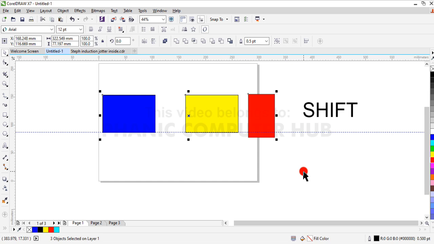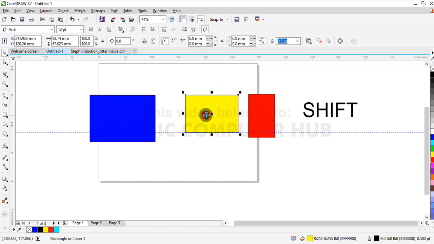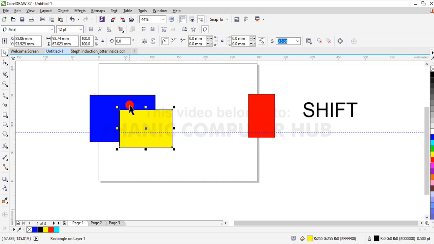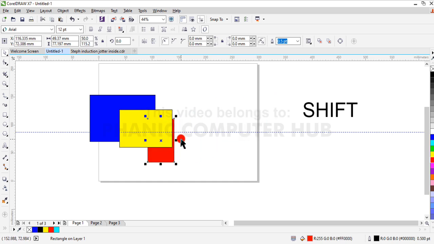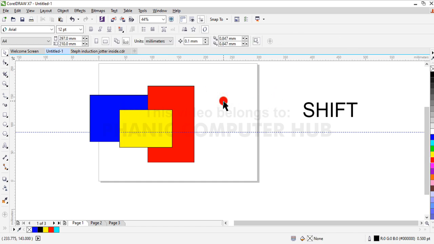Stacking or layering. Okay, stacking means, let's say I have this object and now place this one on top of the blue and now use the red, place the red on top. Okay, the red is below. Let me make this red bigger so that you know where it's facing. Okay, so the blue now is below the red and the yellow. So the yellow is on top of the red, which is on top of the blue, so the yellow is on top of both the red and the blue, right? Okay, so now if you want to stack,